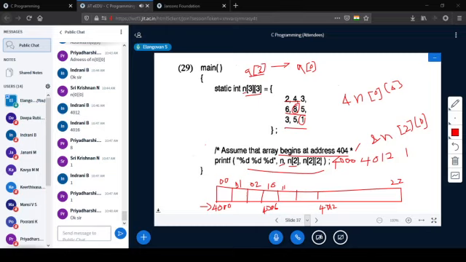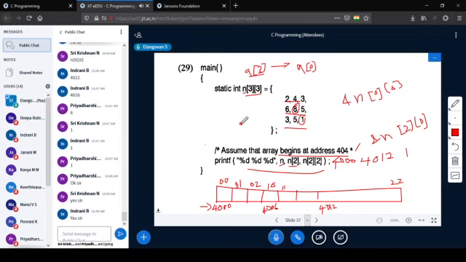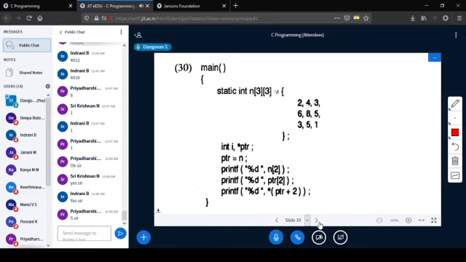Is that clear? This is the way two-dimensional arrays will work. This is how a two-dimensional array will get stored, and it will work like this. Yes. Next. Yes, what will happen to this?